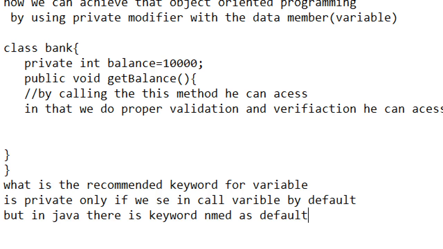It is only default, because there is a default keyword.